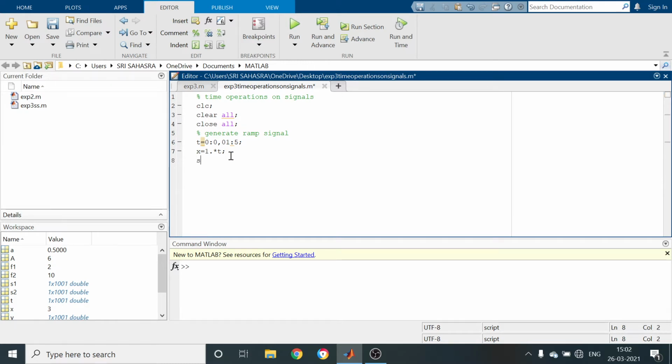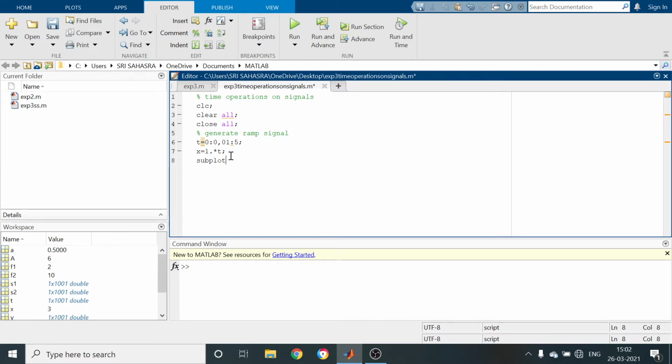Next I have to use the subplot command. Subplot of, here how many figures are we going to get? Generation of ramp signal, advanced ramp, delayed ramp, next time reversal, time scaling, next compressed signal and expanded signal.